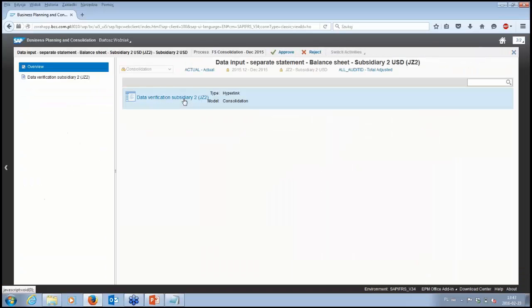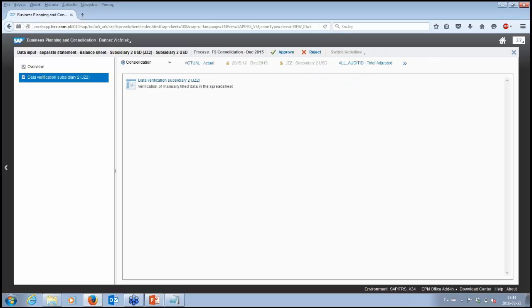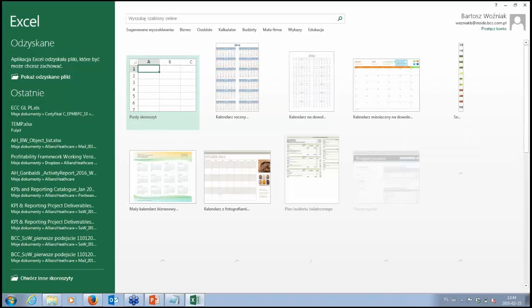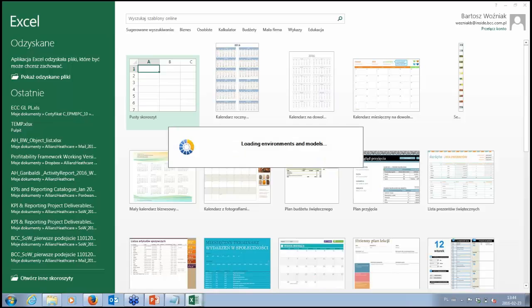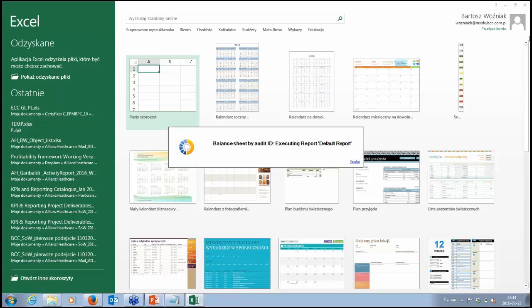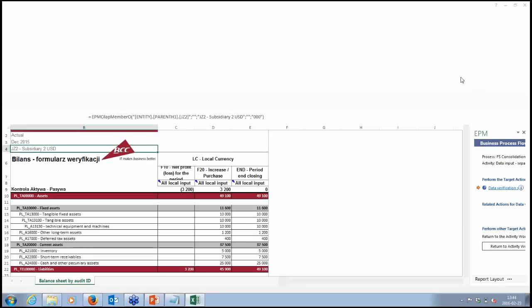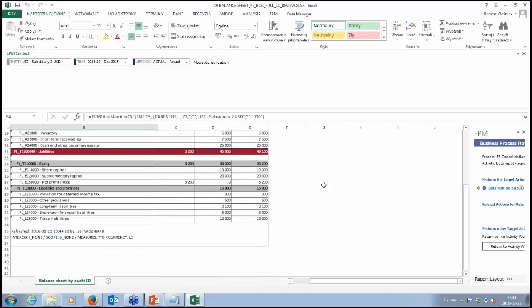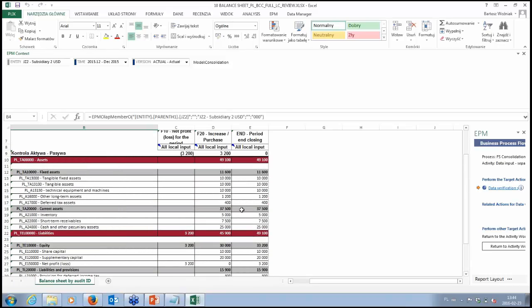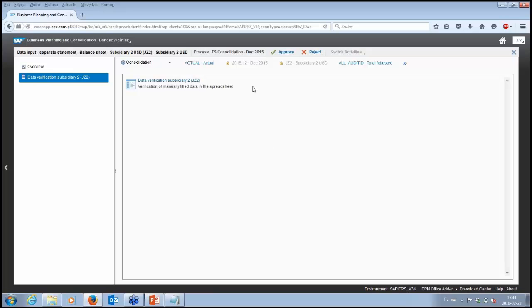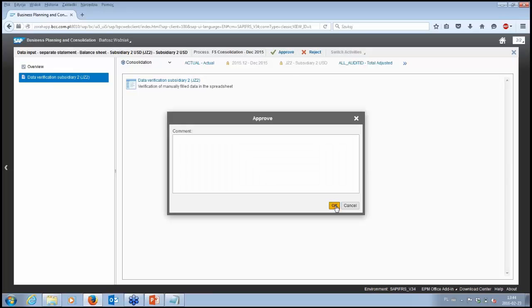So as you can see, also here we have combined another verification form. That will be the shortened balance sheet. As you can see, we do not have as many columns as before for the reviewer, so this is easier to go through it. Okay, I will approve it also.